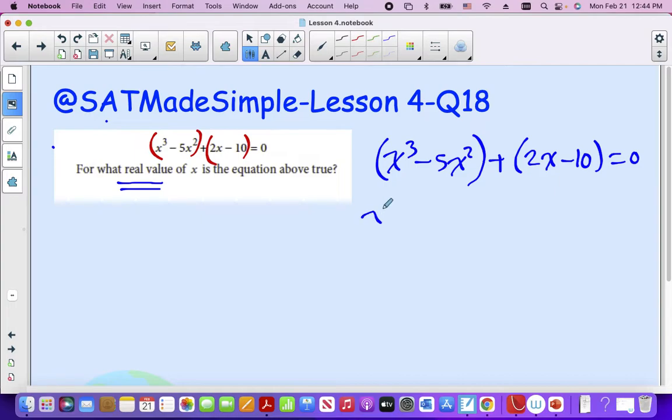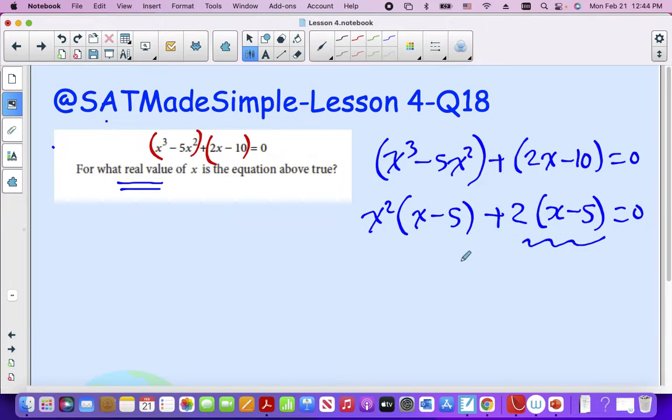The common factor in the first one is x squared, that'll be x minus 5, plus 2, that is x minus 5, equals 0. The common factor in these terms is x minus 5. So take x minus 5 as a common factor. That will leave x squared plus 2 equals 0. Using the null factor law,